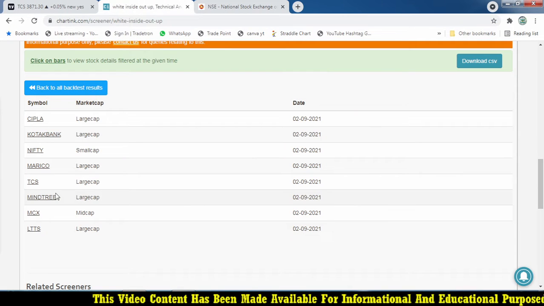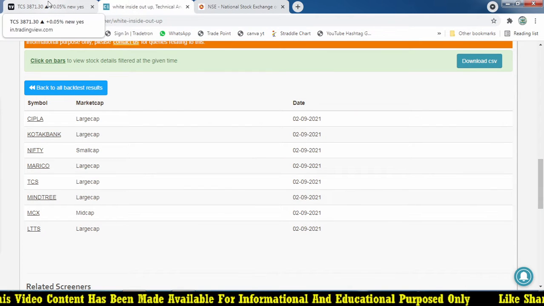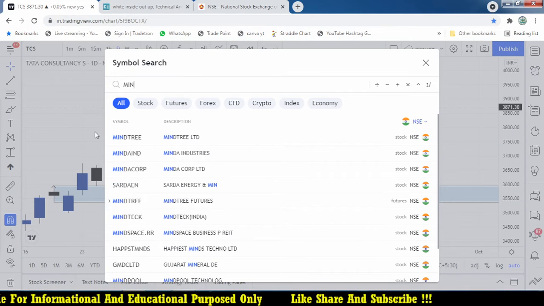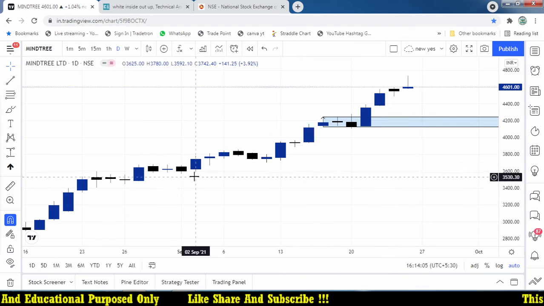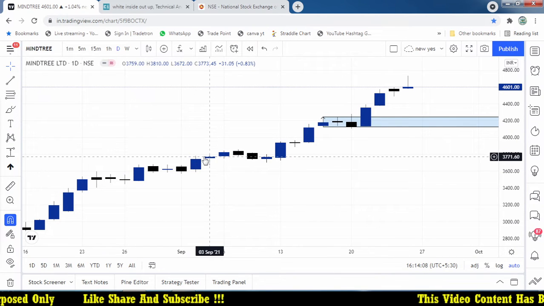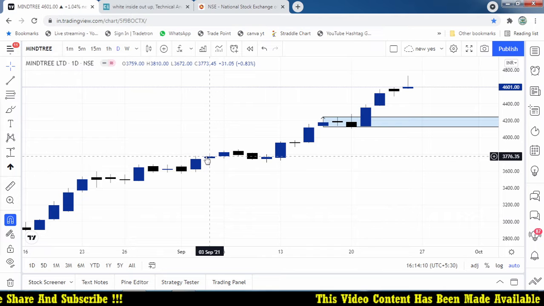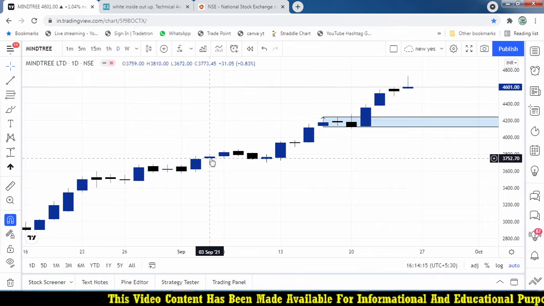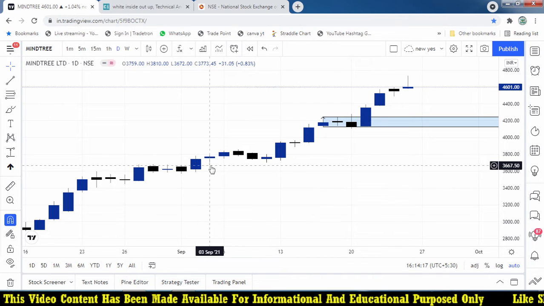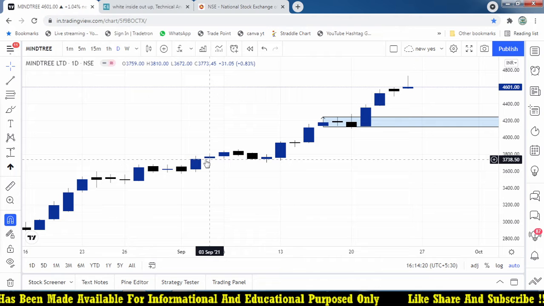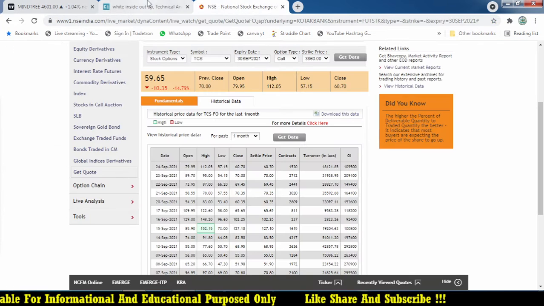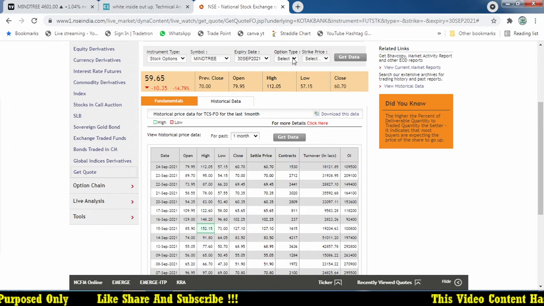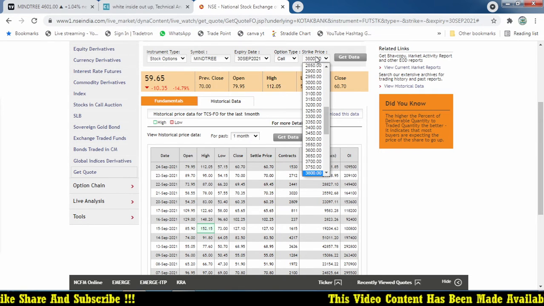Likewise, while we are checking Mindtree, if you are buying Mindtree, MCX, LTTS, you will be getting paid huge. Okay, Mindtree 2nd September, where it broke around 3770, now it is 4700. Let's say Mindtree is an ultimate jackpot trade. The next day it broke. The previous is 3780, next day 3810, and the next day itself it broke on 3rd September at 3800. Mindtree, I'm going to take Mindtree 3rd September, the call option is 3800.